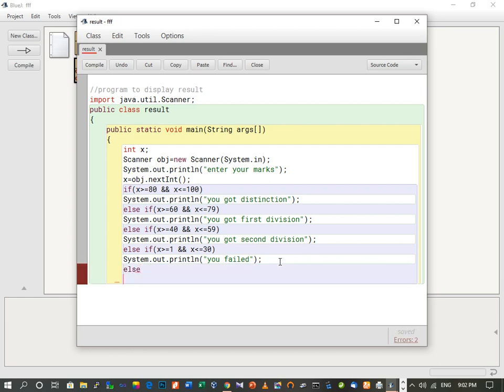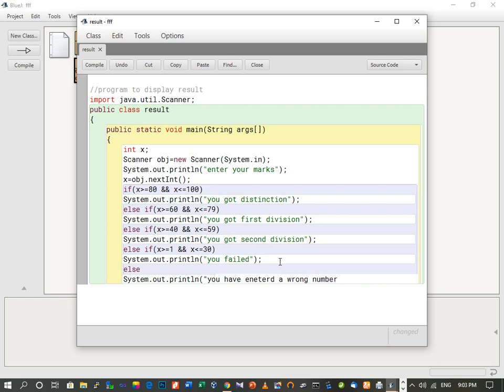Else, Ctrl+V System.out.println you have entered a wrong number.